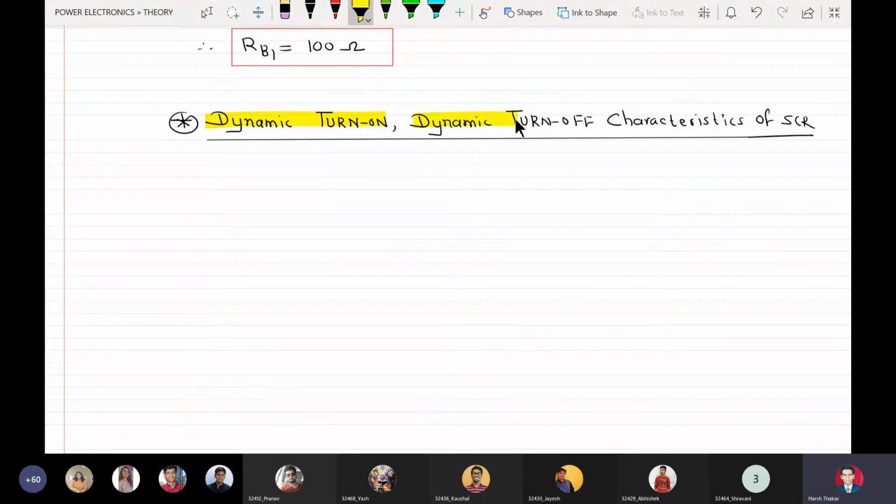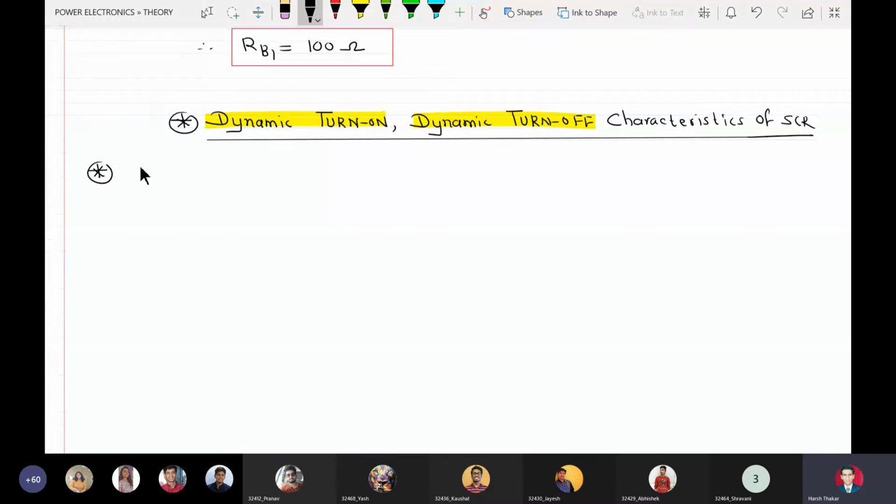Dynamic turn on, dynamic turn off characteristics of an SCR. So before we start discussing the actual topic, let us clear some basic things about this topic. First thing, as we told, why only SCR? Semiconductor devices